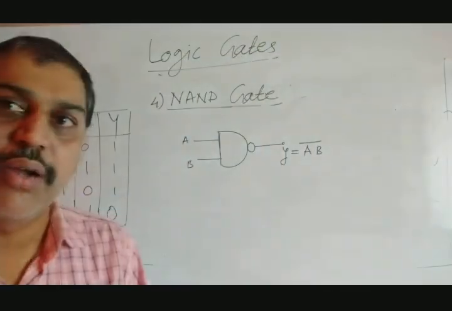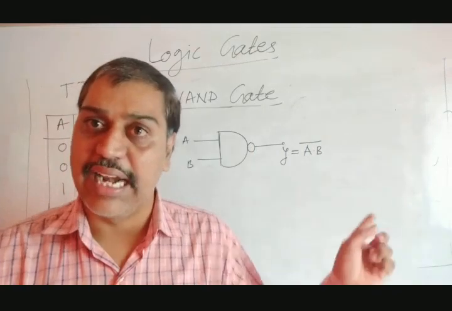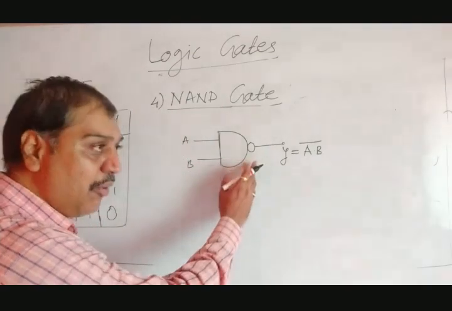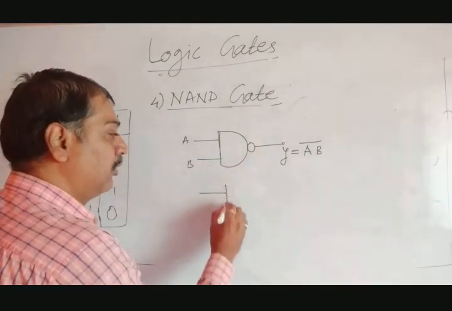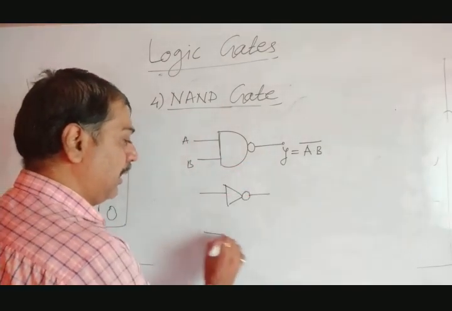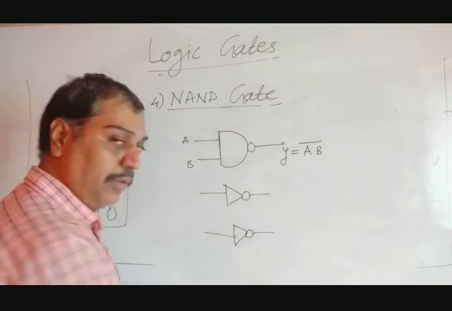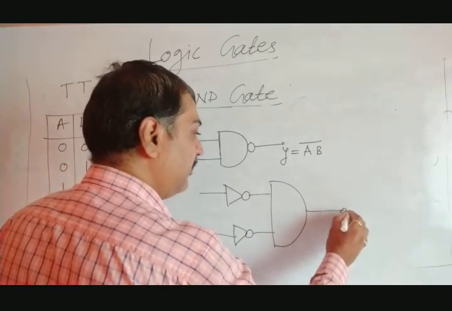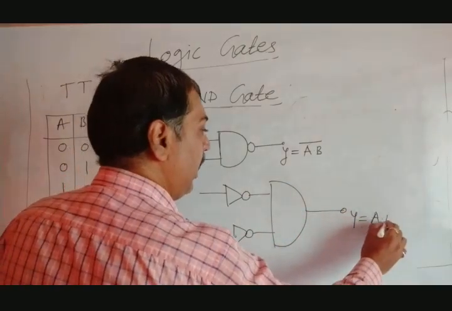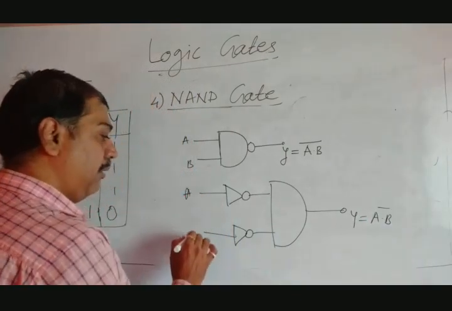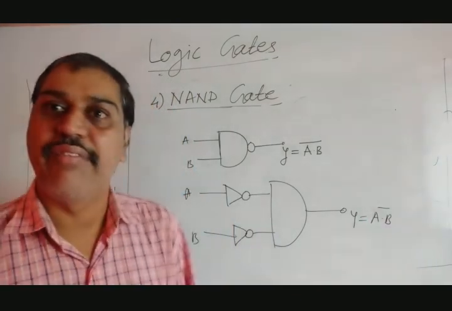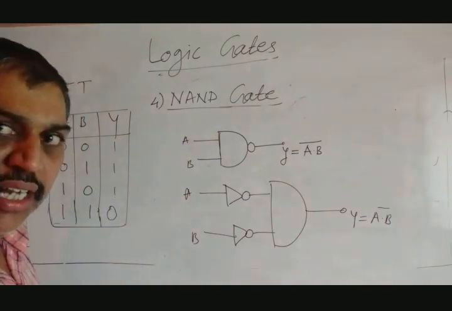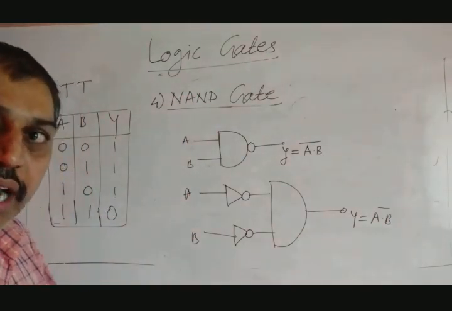Now let's go similar to AND. We have seen the NAND. This NAND can be represented in a slightly different way. This is the NAND I have written like this. We can draw it like this also. So this is a NOT gate, and again this is a NOT gate, followed by an AND gate, and this is Y equal to A and B complement. You can verify this truth table also. So let's start with the first. We will verify the truth table for this. Similarly, you can apply it for AND or NOT and all other gates.